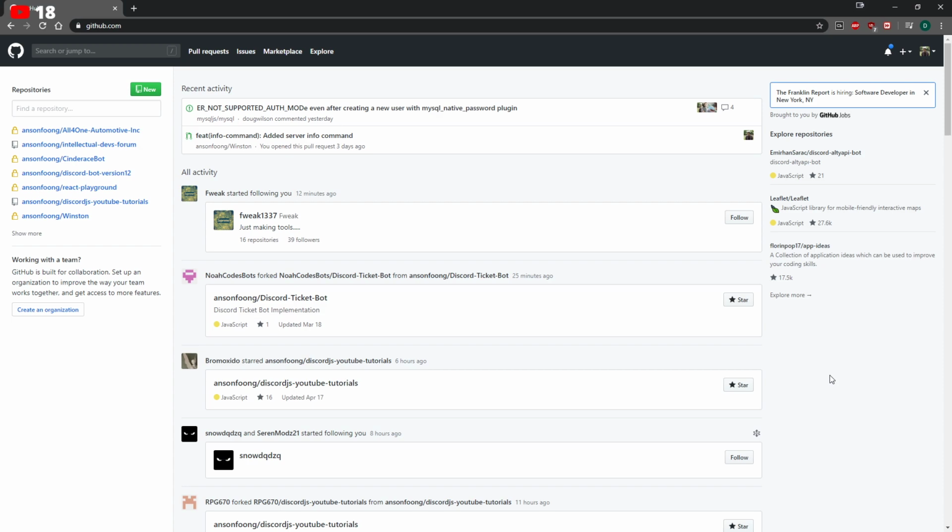But there's a lot that you can do with Git though. It's not just a place where you can host your code. If something ever goes wrong, let's say you're migrating your code to a different version, you can easily just pull your recent changes from the master branch or the latest commit and restore your code again.